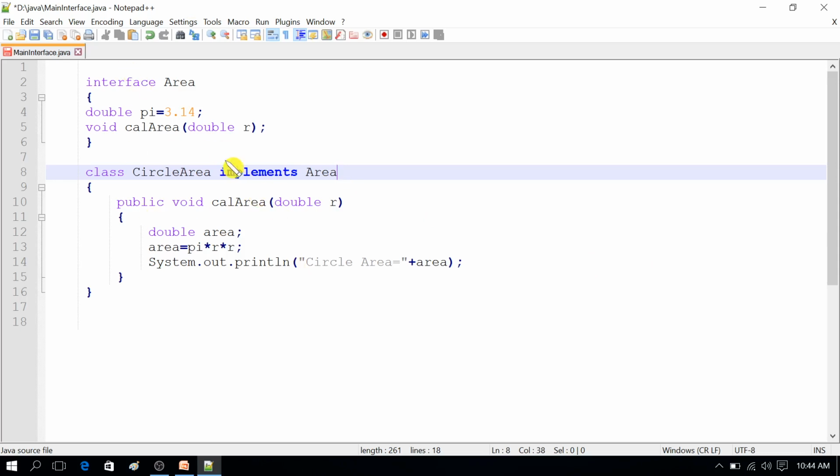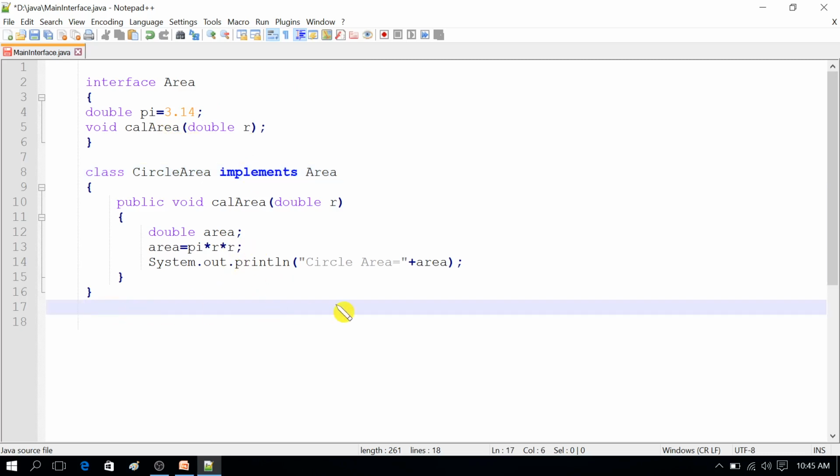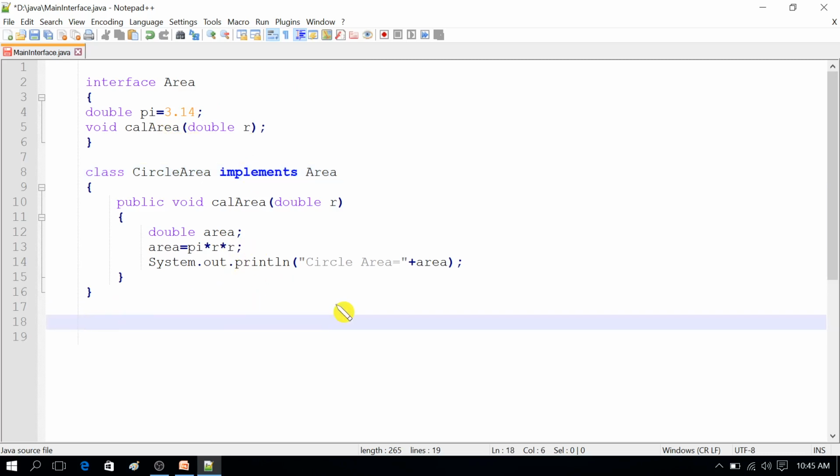We can implement that interface in that class. We don't need to create an object. By simply implementing that interface, we can access the variables and methods in this class. Here the methods and variables are accessed, but